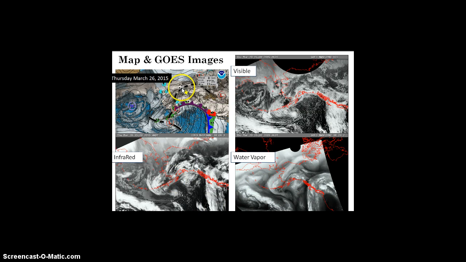The 26th, again there was cloud cover. In the visible you can see some cloud cover. In the infrared you can see some cloud cover, and with the water vapor there's some thin cover. On this day, the temperatures were above average. The pressure had fallen from the 23rd into today, the 26th. The dew point was on a rise, and the relative humidity had a little fall and then went back up into the 27th.